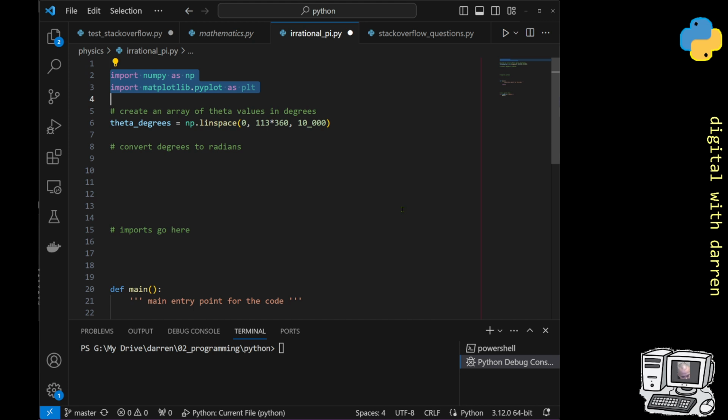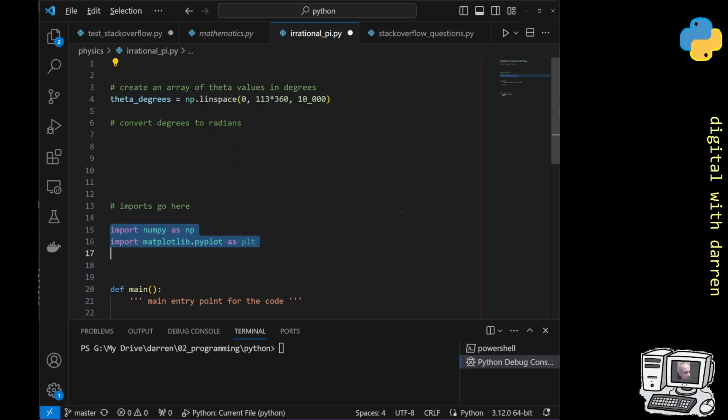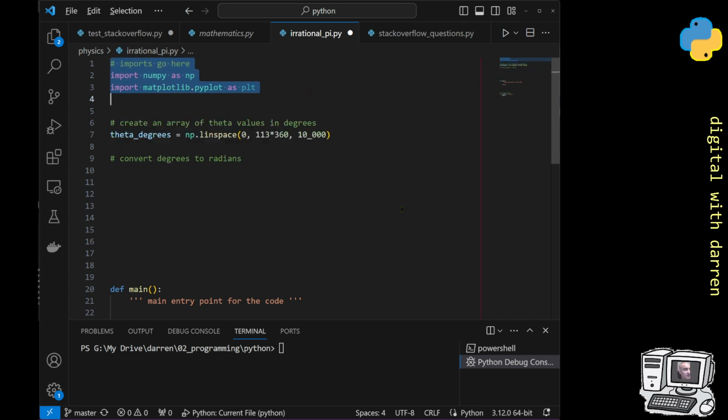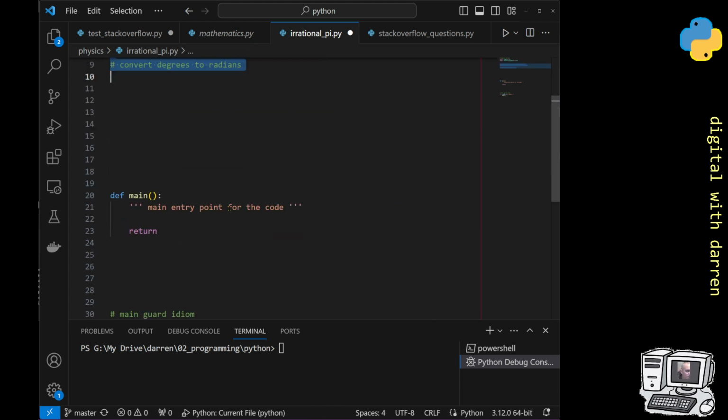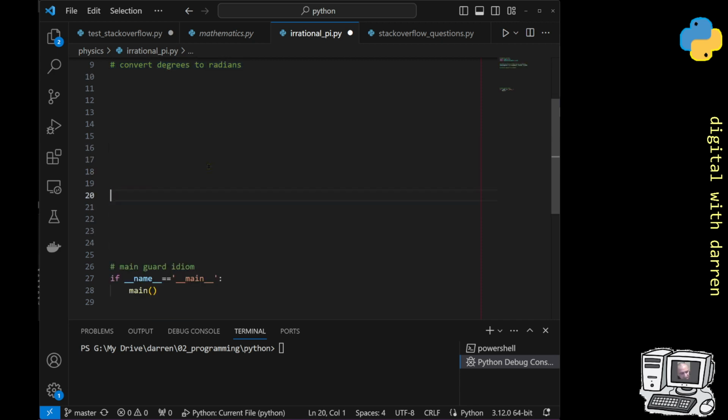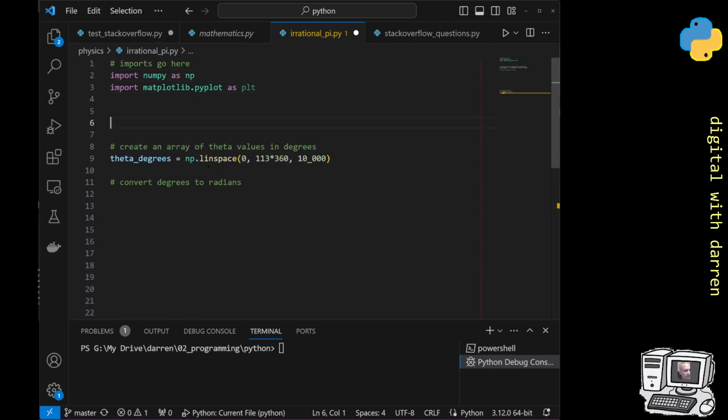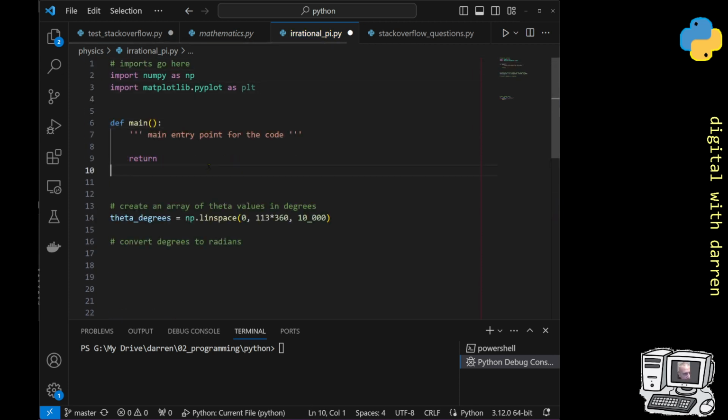So let's actually do that. So we'll move our imports down here. So that's our imports now, and the imports can go at the top. I should just move that little comment all the way to the top, so I just realized. And we will start to put all of this in our main function. But actually what we'll do is our main function will be the main entry point of the code, and we'll put that up here. So now we've got a nice clean way. So when we come in, we run our main bit of the code, and all of this will go into